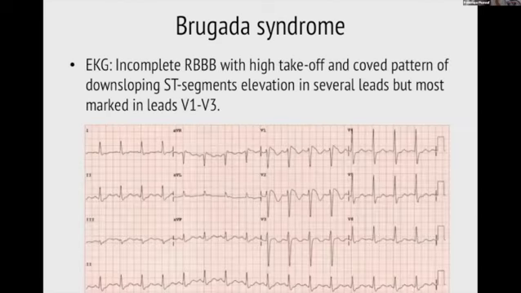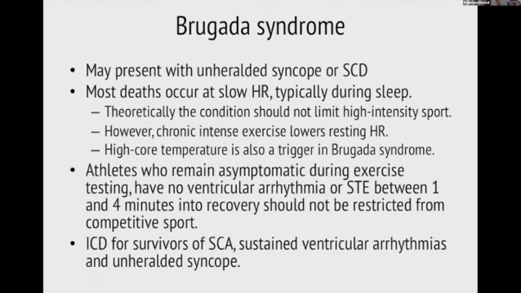The EKG shows an incomplete right bundle branch block with a high takeoff and cove pattern of downsloping ST segment elevation in several leads, but most marked in leads V1 to V3. They may present with unheralded syncope or sudden cardiac death, and most deaths occur at slow heart rate, so typically